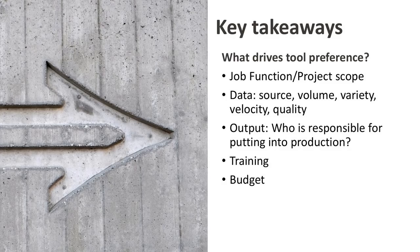Another key question relates to training. So what software was part of the training? If you only used one piece of software throughout your education, that's probably the tool that you're going to prefer. Also, have you had to modify your preferences over time based on the market or requirements from your employer or other factors? And then lastly, after we've looked at job function, the data, the output, who's responsible for the training,